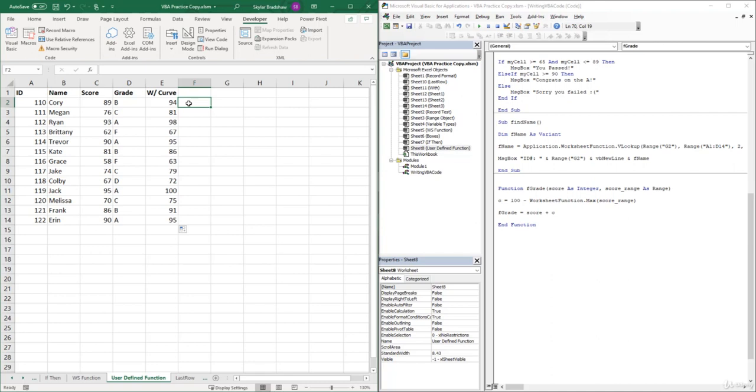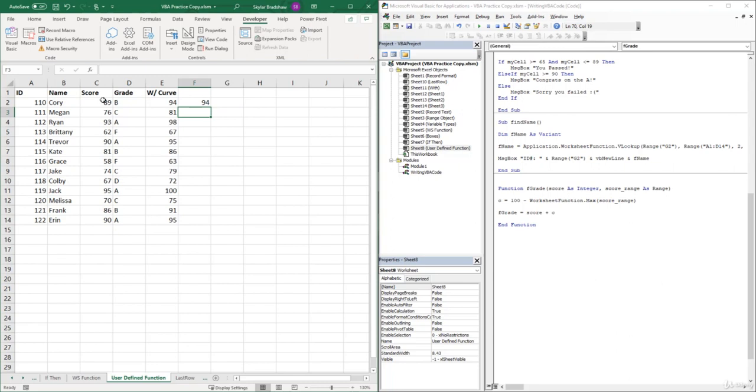For example, if I come into F2 and I try to recreate the same value that our fgrade function returned, I would have to type in equals 100 minus MAX of the score range, close parentheses, plus the student's score,